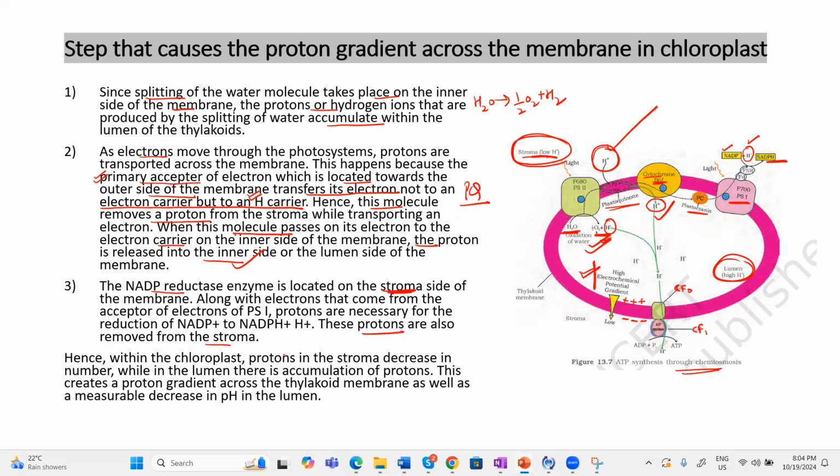So finally, what is the conclusion? Inside the chloroplast, proton is decreasing in the stroma, but increasing in the lumen. So this creates a proton gradient and we have to break this gradient to make ATP. Up till here, clear? Another question based on this diagram is, if you see, plastocyanin is present on this side